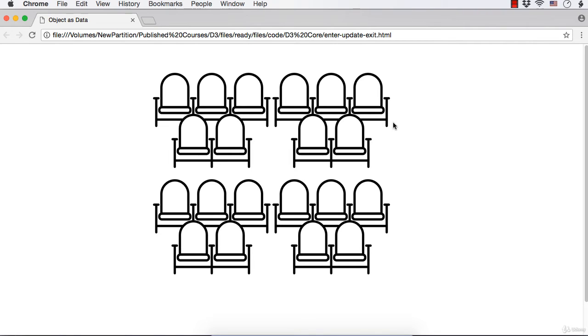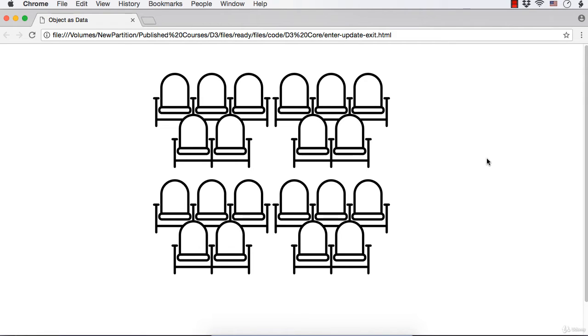Again, here there are 20 chairs, and if only 15 people come for the meeting or 10 people come for the meeting, then if they don't want to have empty chairs, if only 10 people come for the meeting, 10 chairs should be removed from here. Similar is the case of data joins.